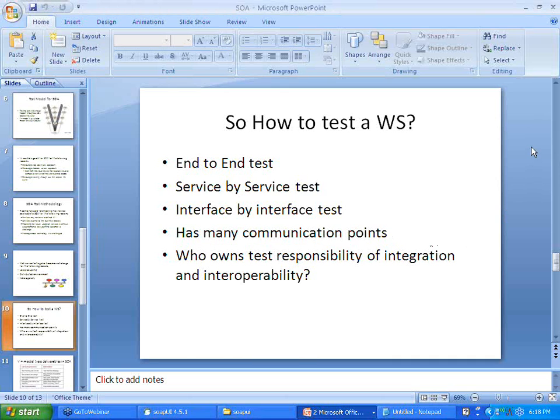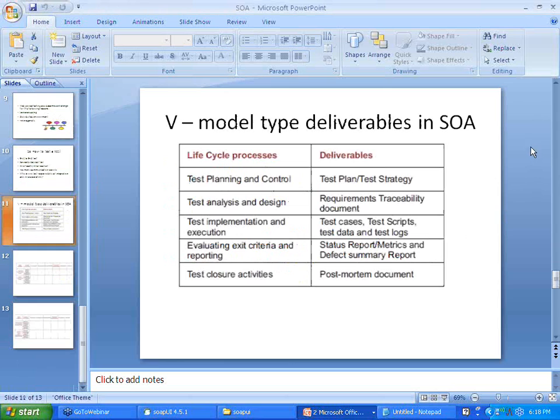So now, this is where you need a solid model which will have a solid set of deliverables which will avoid these kinds of confusions. You should have formal test planning where you prepare a formal test plan or test strategy, and you should have all the analysis and requirement documents, and prepare a requirement traceability document which will allow you to trace back to your requirements.